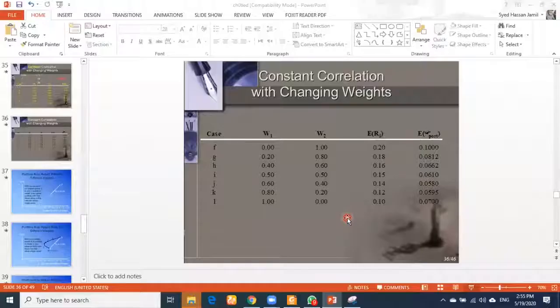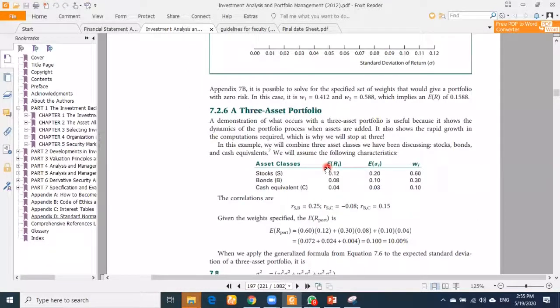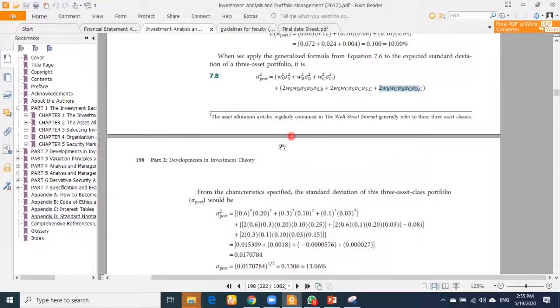अच्छा, इससे पहले एक और चीज भी है जो कि बुक में है, मैंने स्लाइड्स में नहीं ली, वो जो डाउनलोडेड स्लाइड्स हैं उसमें नहीं आई थी। वो है 3 एसेट पोर्टफोलियो। I will leave this up to you, ठीक है। यहाँ पे आपको सिर्फ ये जो कैलकुलेशन है, इसकी डिटेल बताई गई है। जैसे मैंने आपको बताया था कि जैसे ही आप एक और एसेट लेके आएंगे तो आपके कोवेरिएंसेस 3 हो जाएंगे, 3 कोवेरिएंसेस। तो यहाँ पे देखें, ये 1, ये 2 और ये 3। तो इसका मतलब क्या हुआ कि आप जितना नंबर ऑफ सिक्योरिटी ज्यादा करेंगे, आपका कोवेरिएंसेस या कैलकुलेशन और भी कम्प्लेक्स होता जाएगा। इसमें ये सिचुएशन आप खुद काइंडली रीड कीजिएगा, it is easy to understand, so that's why I am skipping. However, I will consider some of the estimation issue।